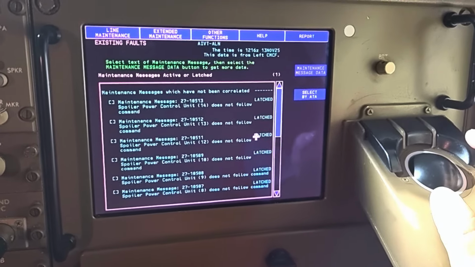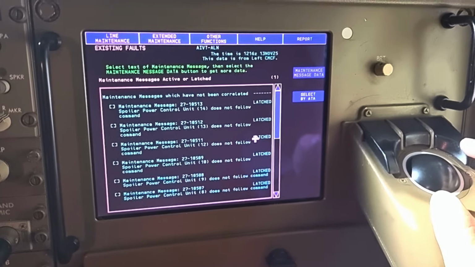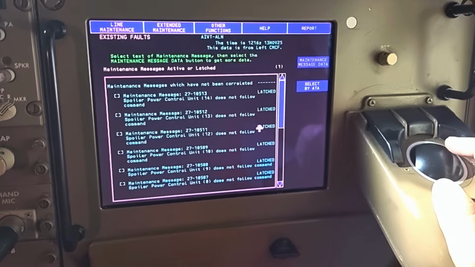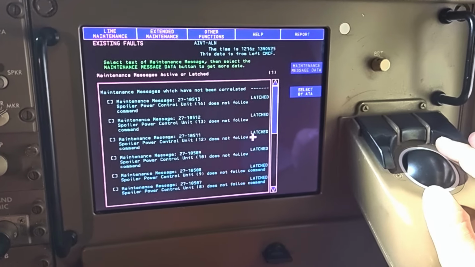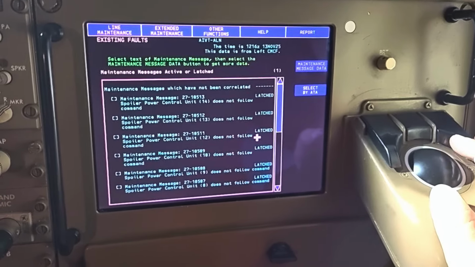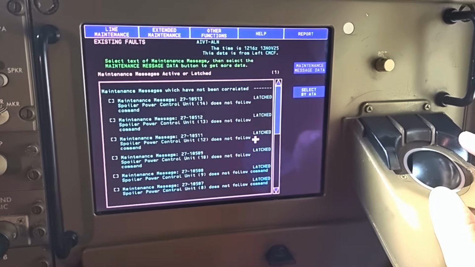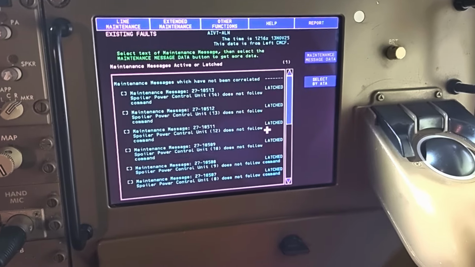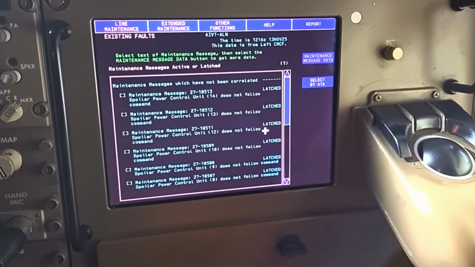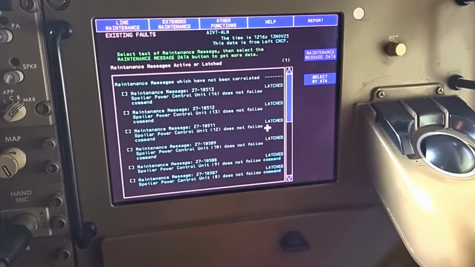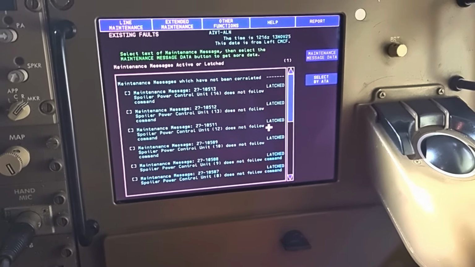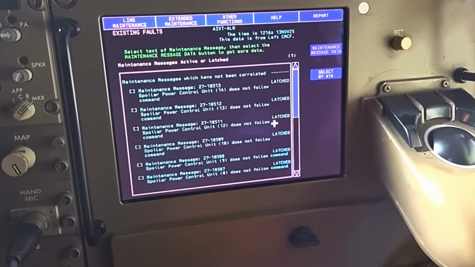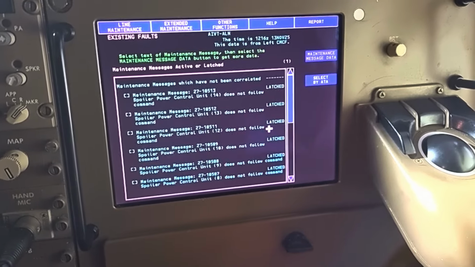So not all the messages are latched, right? They can be active or non-active, but non-active may not be latched. Some are active as well as latched. Latched means some messages have come during a phase where they are not significant for the flight phase and other things, so they become latched at that time. Because as an engineer or maintenance person, we should know that this message has come sometimes. That's why it becomes latched, so that it will recommend some action. So those messages will be latched basically.